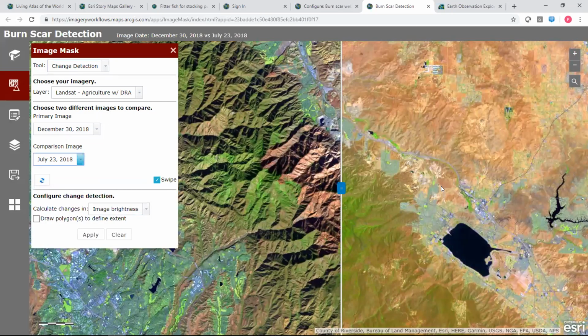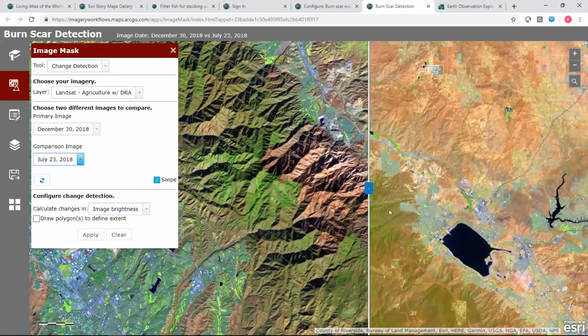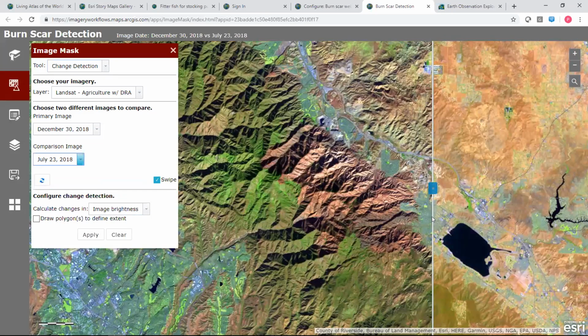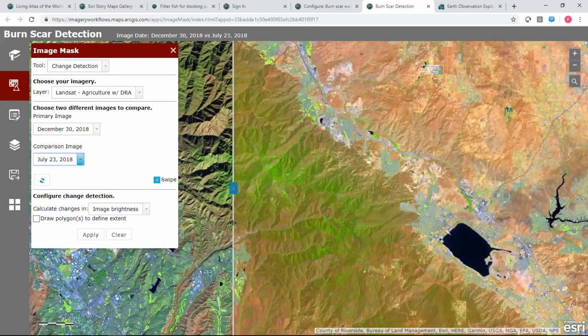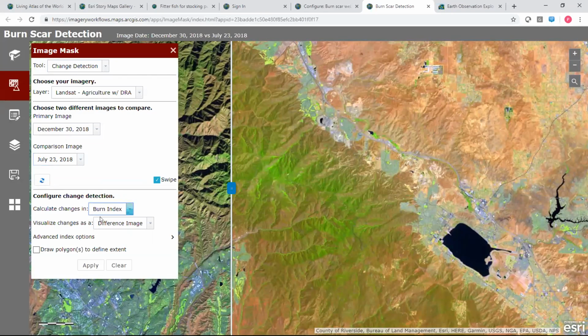And then what we can easily see visually is the difference between before and after the fire. So a simple swipe tool allows me to visually select this. But what if I wanted more information? What if I wanted to do some type of analysis? I can ask the system to create, for example, a change detection based on